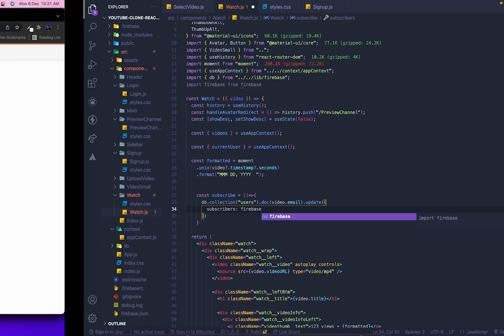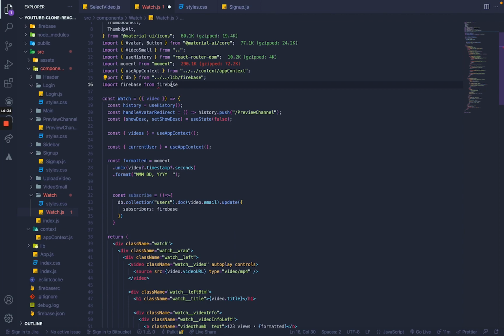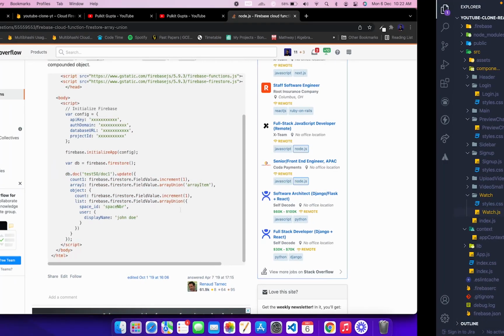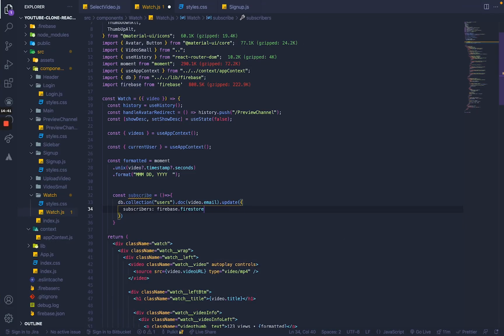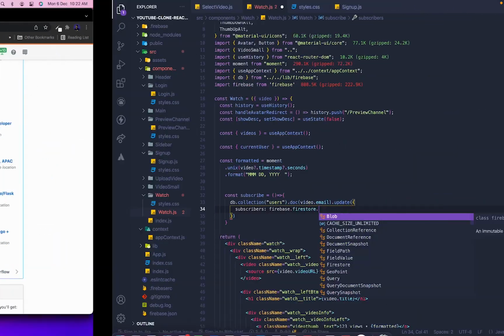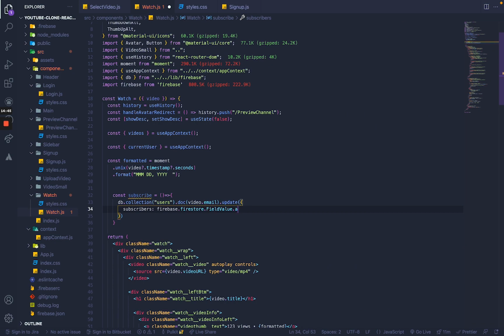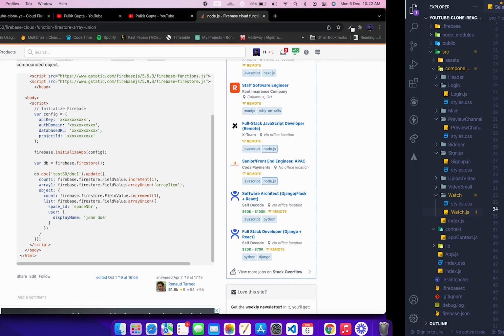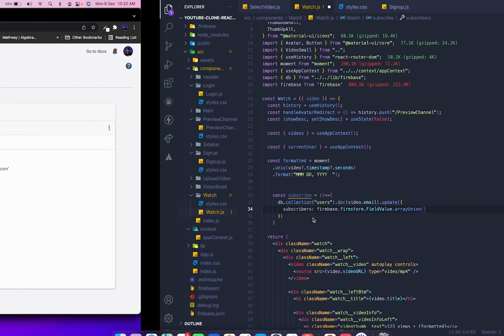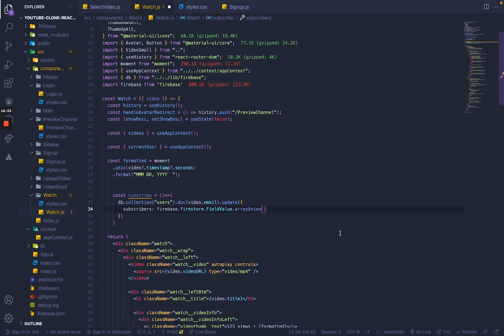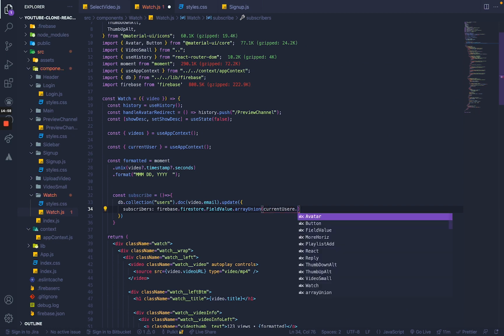I'll explain what we are doing right now in just a second. This has to be a string. We'll say firebase.firestore dot field value dot array union, and in this array union, basically I'll explain in just a second. And over here we'll just have our current user dot email,